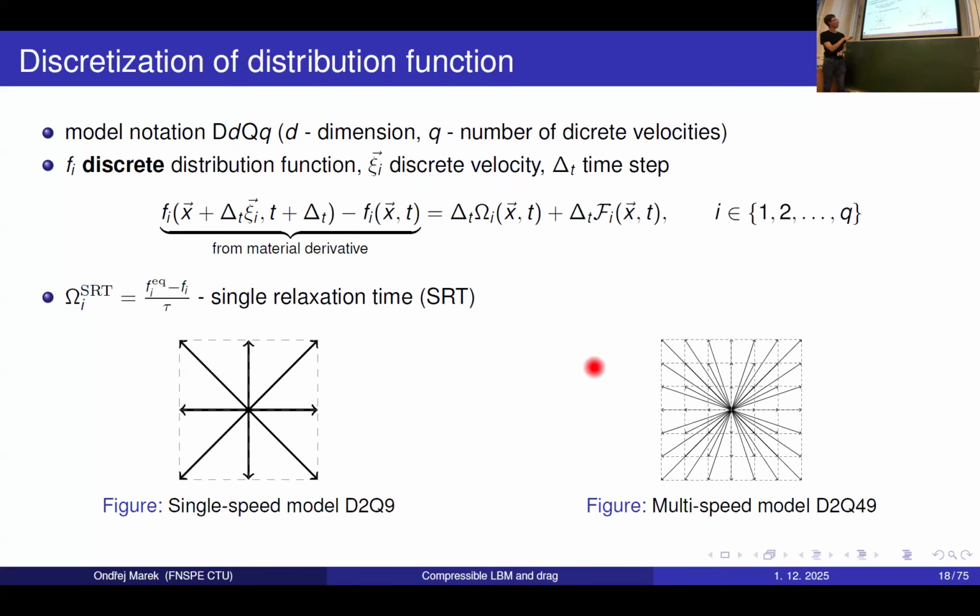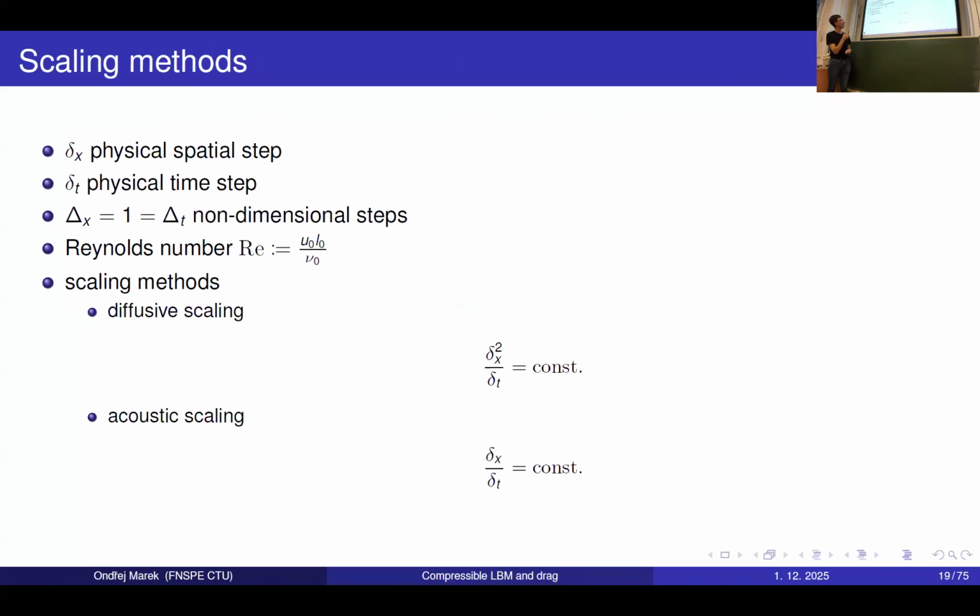Here I would like us to note that the Bhatnagar-Gross-Krook operator, which we are approaching equilibrium with, can also be discretized for each of the discrete velocities. I will get to what the discrete equilibrium is in a moment. But yeah, here there is also a